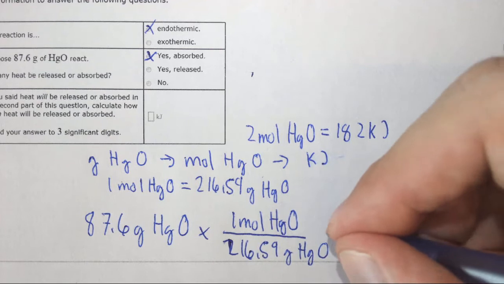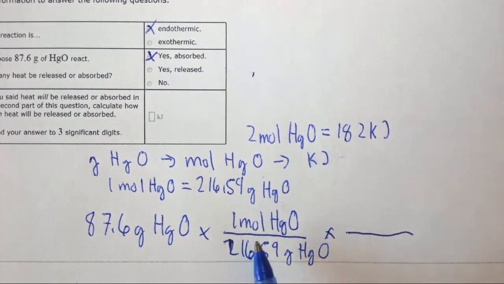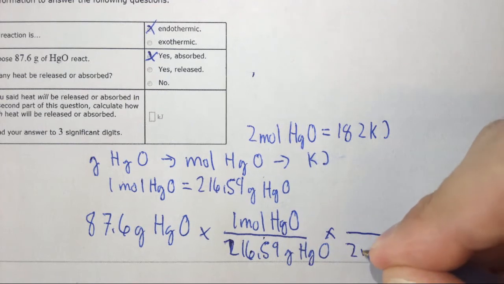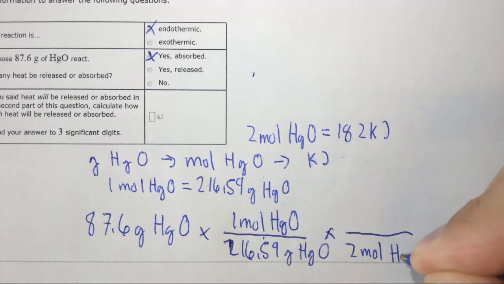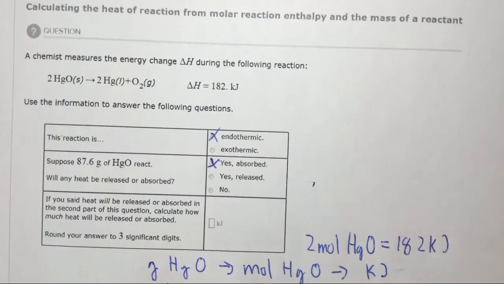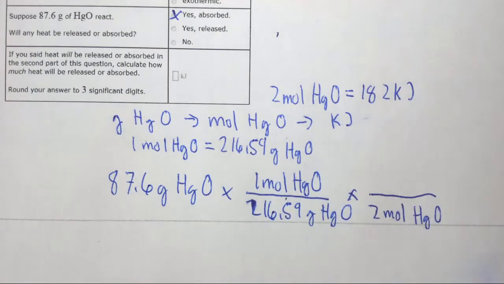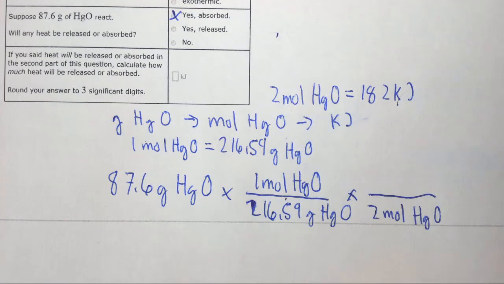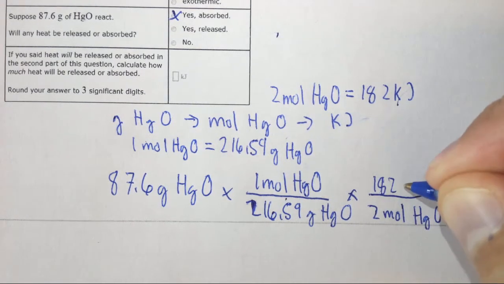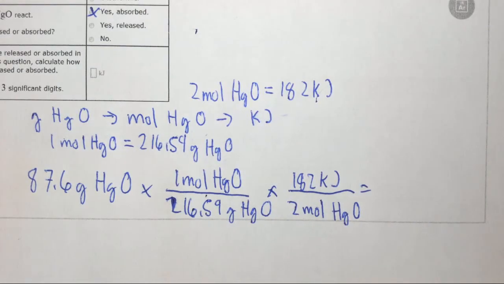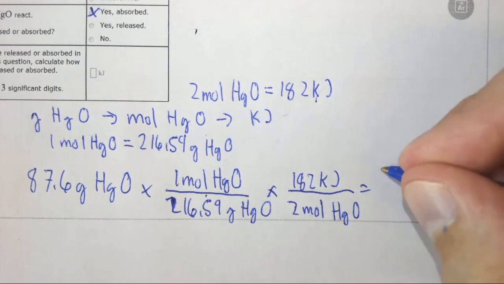For the next conversion, we want moles of HgO to cancel out. So we put our 2 moles of HgO from the balanced chemical equation on the bottom. So 2 moles gives the 182 kilojoules. So we put the 2 moles on the bottom and the 182 kilojoules on top. When we do that math, we get